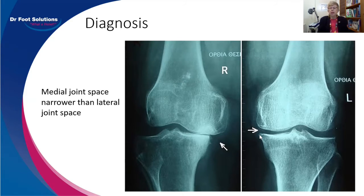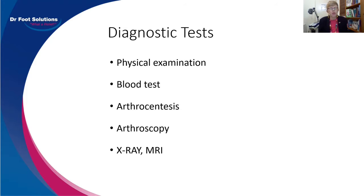And certainly on the other view, not so bad. So diagnostic tests we're pretty familiar with, and we've just run through some of that when we talked about the symptoms and the presentation. Blood tests are usually not necessary with osteoarthritis, as you know. The arthrocentesis is you're drawing up of the synovial fluid to have that analysed at the lab. Now, that in itself can lead to certain problems because you're doing an invasive test, as you know, and introducing a needle into the